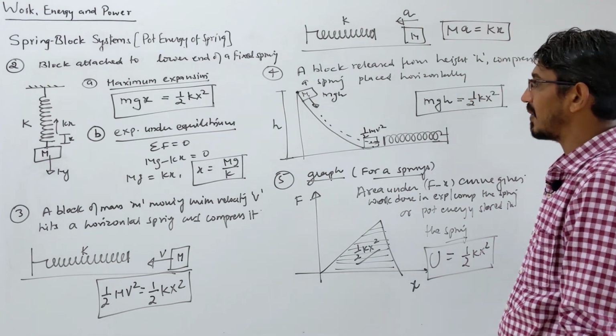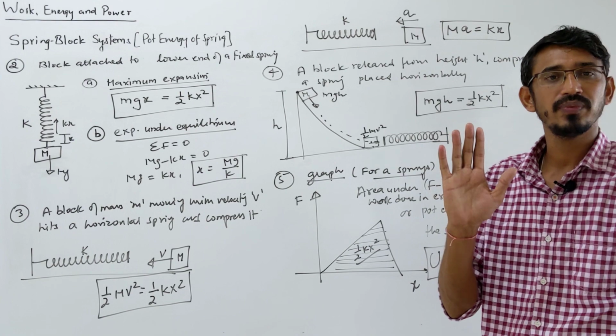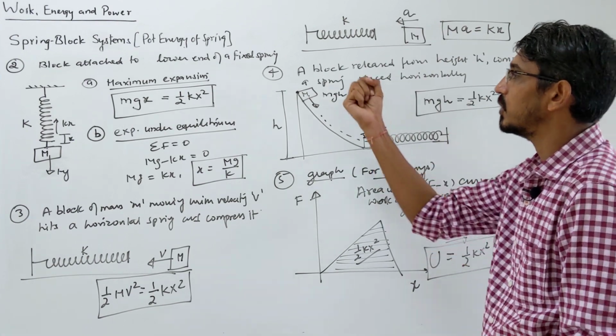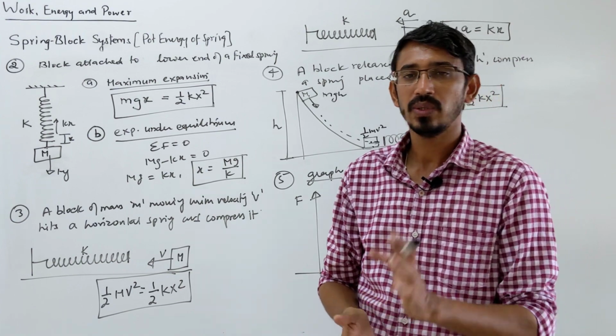So these were theoretical concepts I told you. Now we do some problems on these. We don't have any special formula here, just two formulas. One is your spring force, kx, and the other, energy stored or work done, is half kx square. No other formula at all.